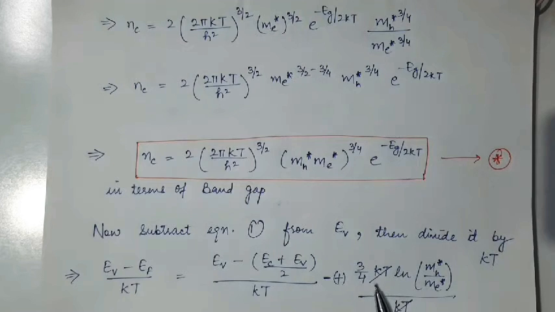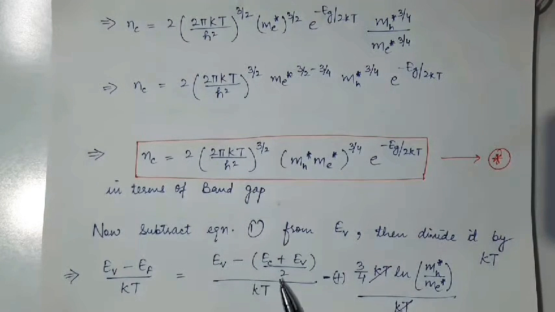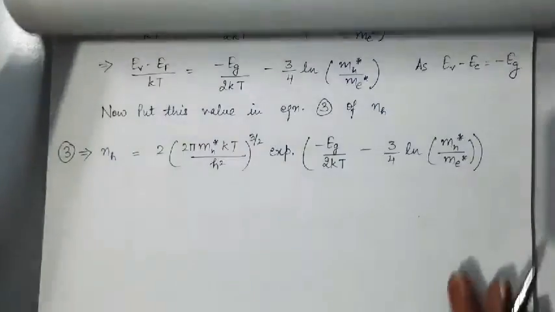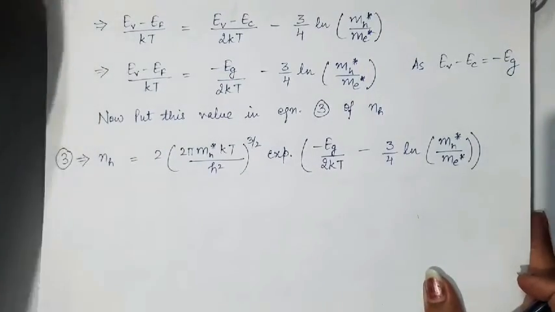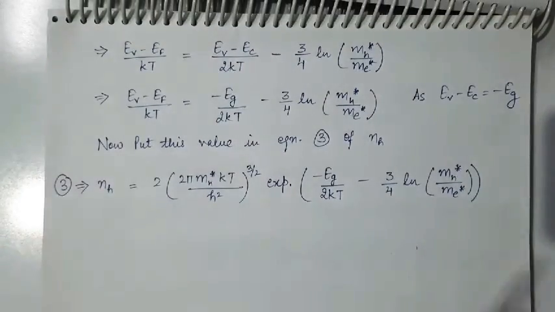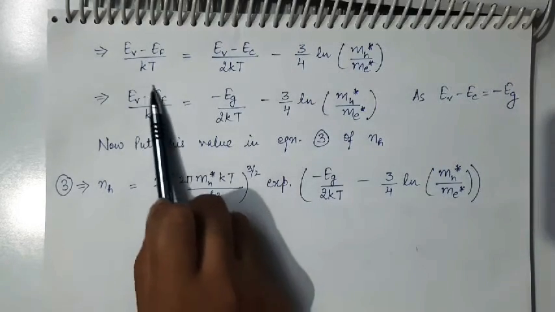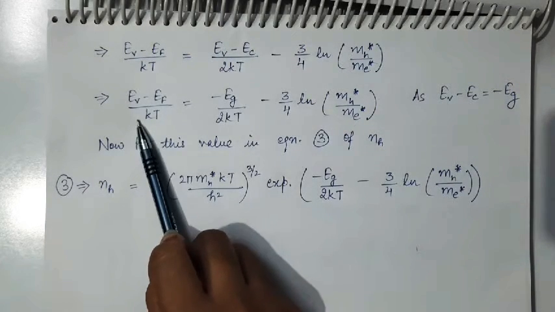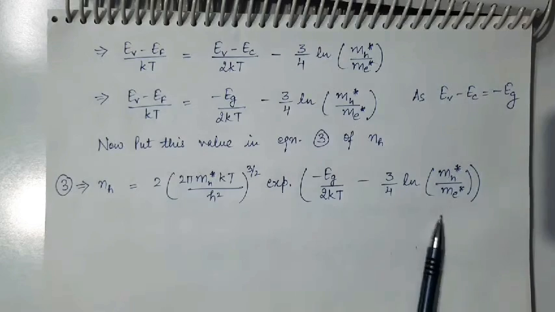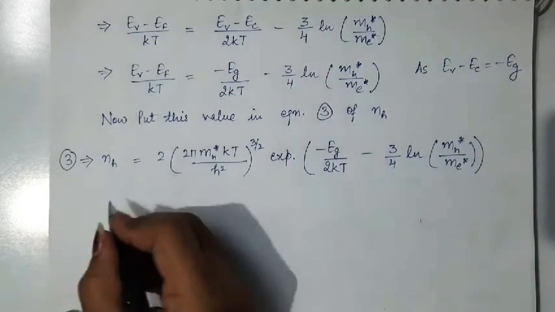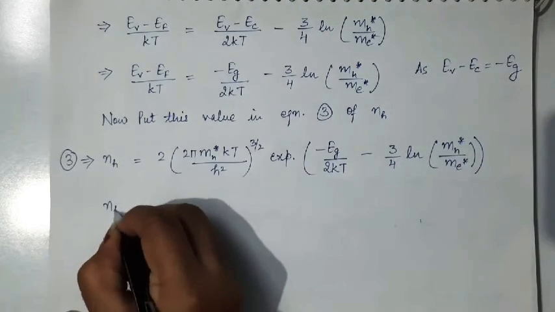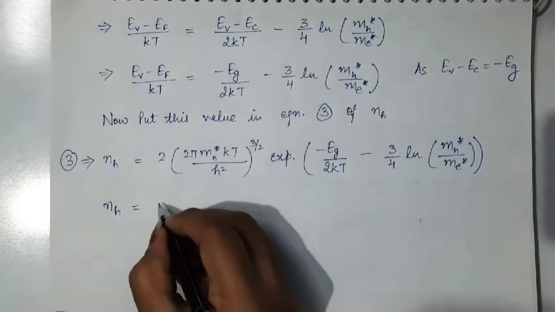This kT and this kT will be cancelled out. Here after taking LCM, we will get Ev minus Ec by 2 kT. So we'll be left with this. Now we will put this value in the expression of NH and we will get this equation. Now we will solve this equation to get the desired expression for this NH, and it is